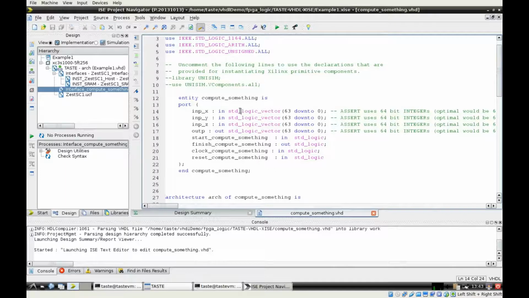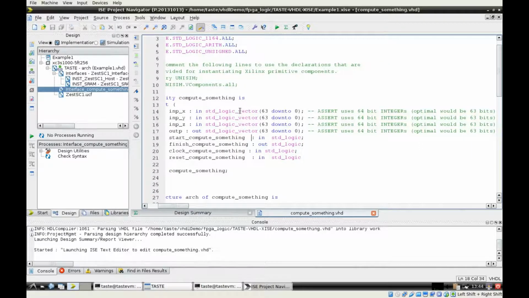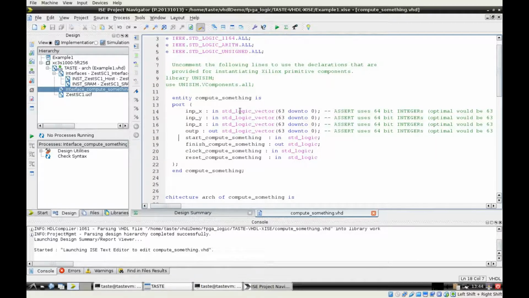So we have, from the input parameter, the field X, the field Y, and the field Z have been transformed into STD logic vectors. Now the output parameter has also been translated into another output vector. Since this is circuits we're talking about, obviously we have a clock and a reset for digital circuits, and there's two additional signals. There's a start compute something and a finish compute something. So basically the taste skeletons,